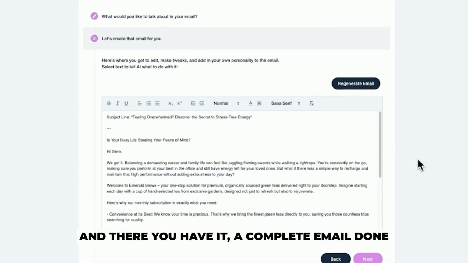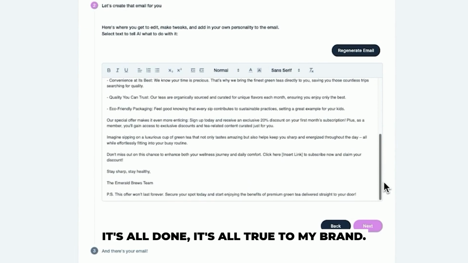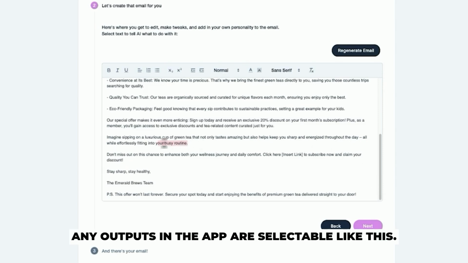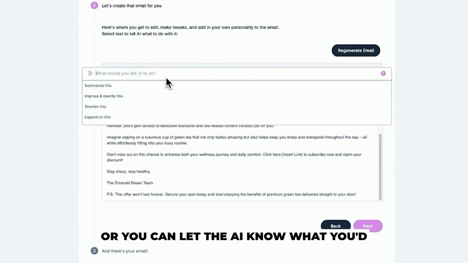And there you have it, a complete email done for me without any typing required at all. It's all done. It's all true to my brand. It also uses the tone of voice that I have saved in my brand, so it really sounds a lot like my brand right out of the box. You can make any edits here. Any outputs in the app are selectable like this. You can either type over it manually or you can let the AI know what you'd like it to do